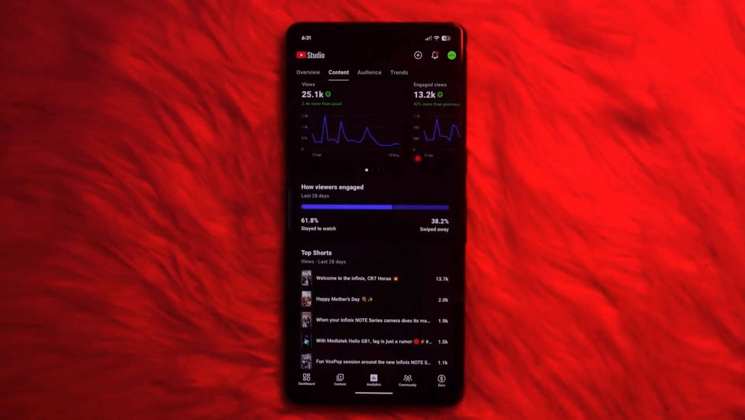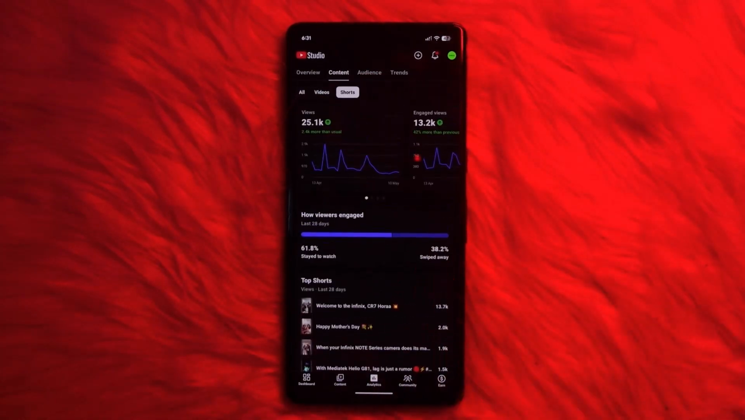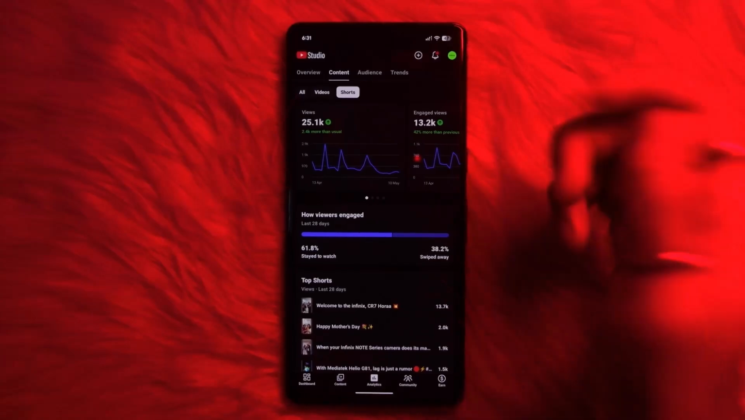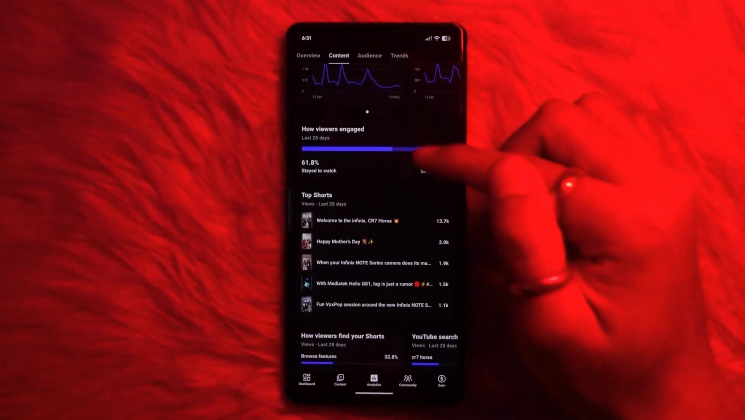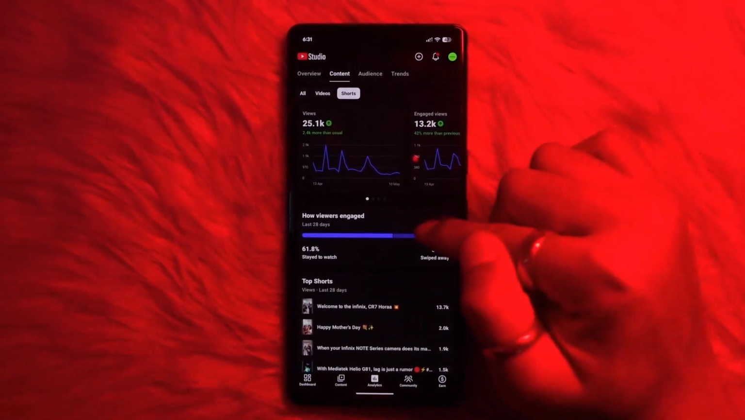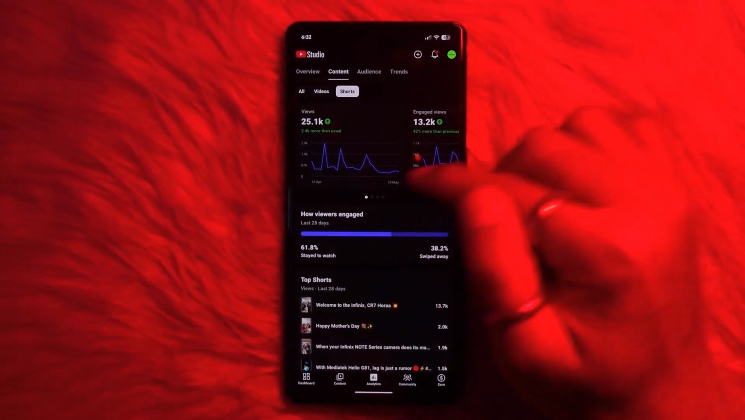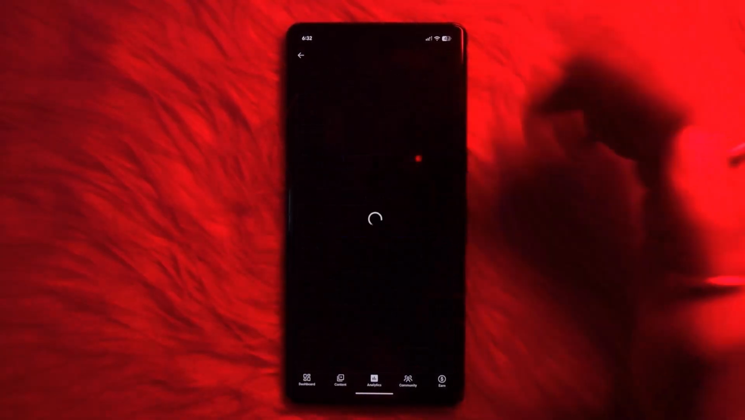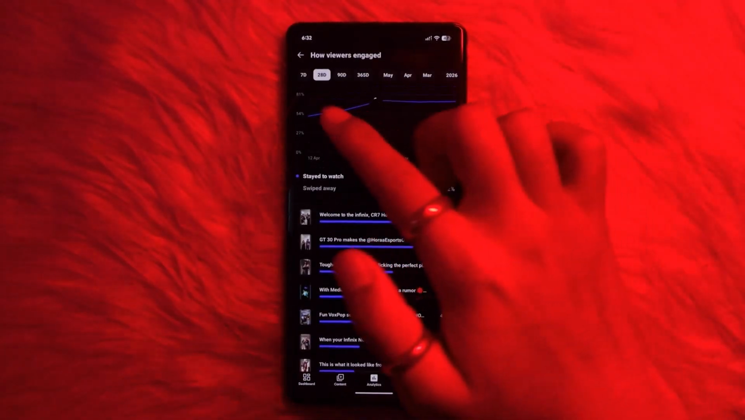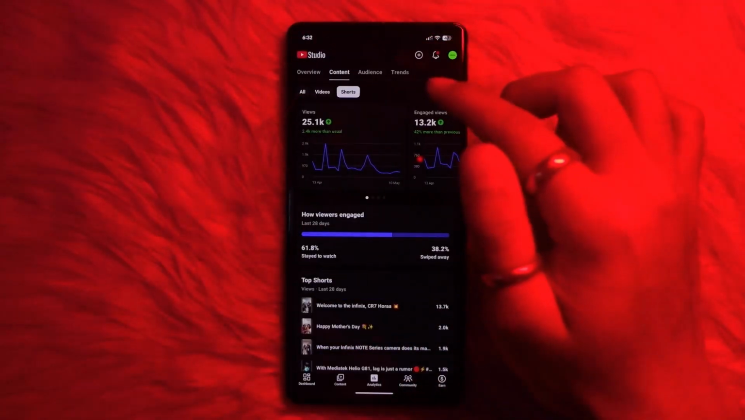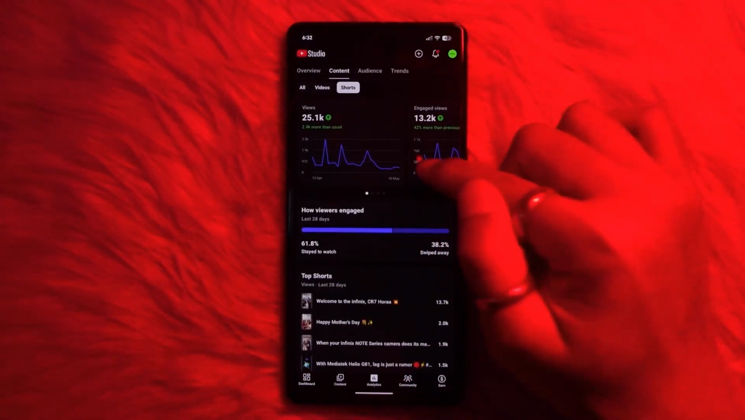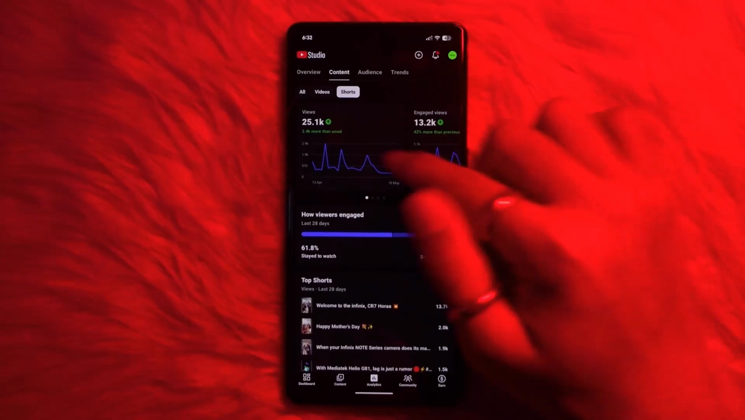Now from here you should be able to view all your YouTube traffic source analytics over here. You can also find options like how viewers engaged. By just tapping on it, you can see how people are engaging with your video, and you can also find your total views over here,